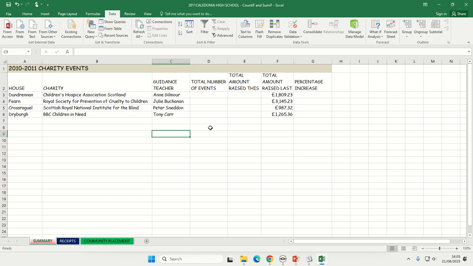Okay folks, in this video we're going to look at doing a COUNTIF and a SUMIF. Now the COUNTIF and the SUMIF are almost always together. They are BFFs in the spreadsheet world. The SQA very rarely has them separated. They can be separated and you'll still need to be able to work that out if they do, but they're almost always together. And when you do your past papers like this old one from 2011, you can still see